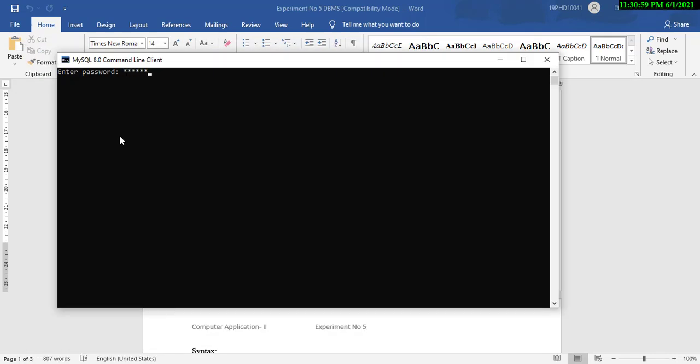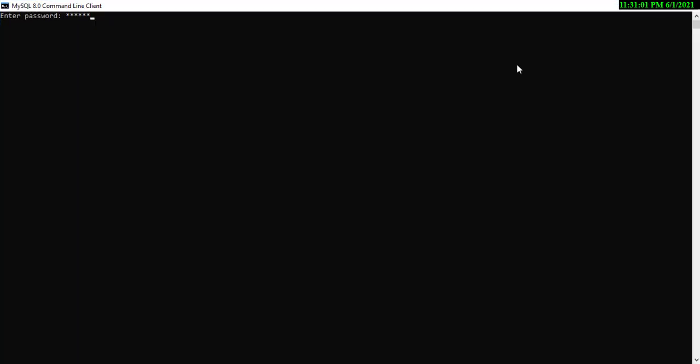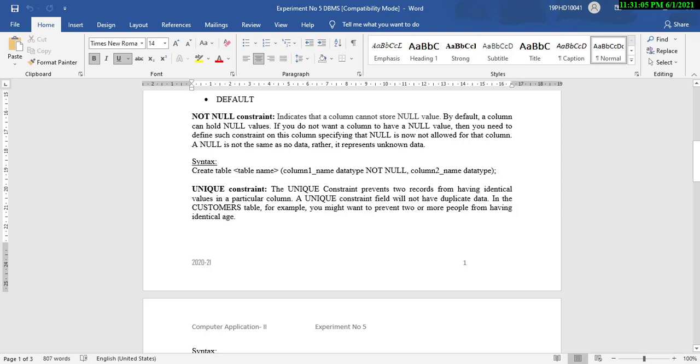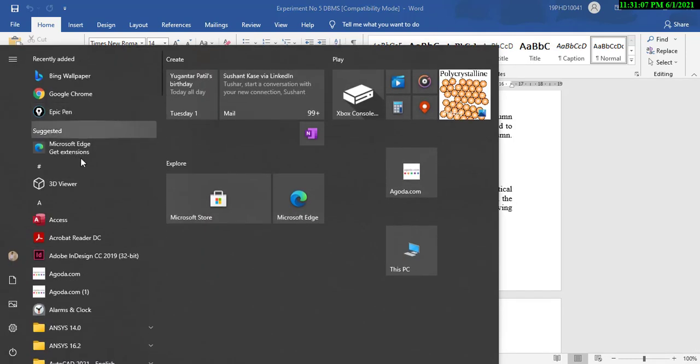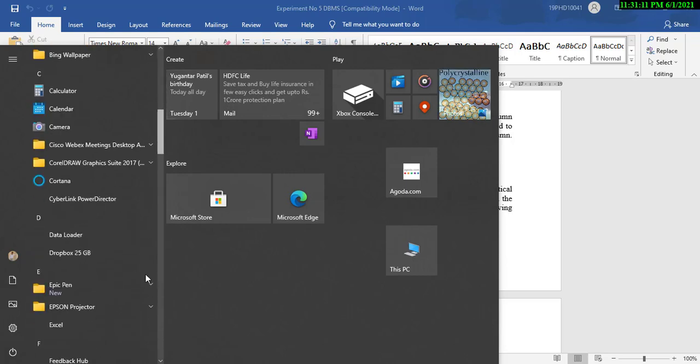So once again I am entering the password which is required to be entered. Okay, so it has crashed. I will try to reopen it once again.